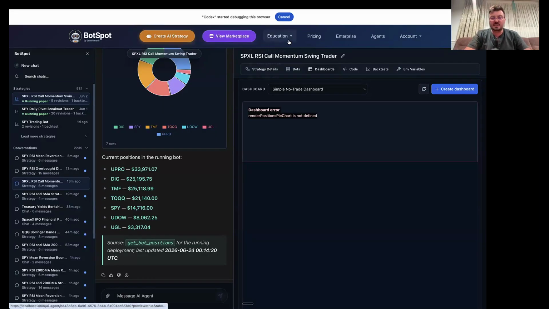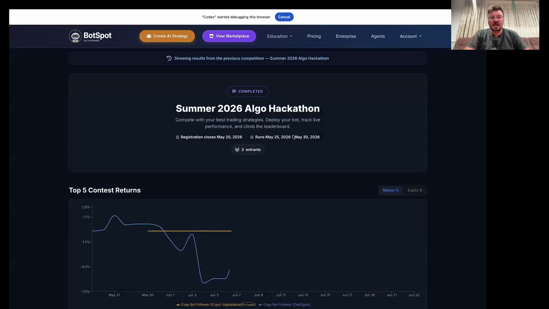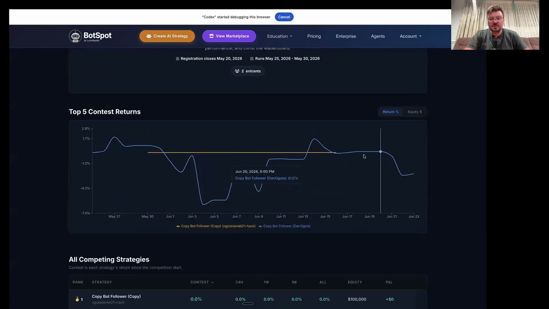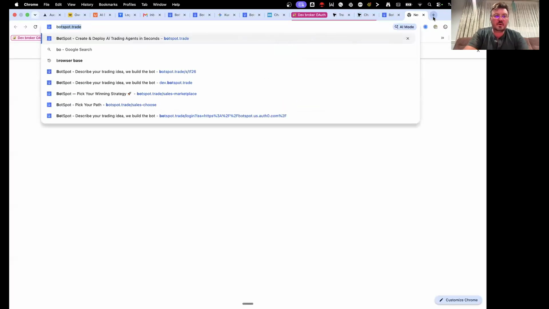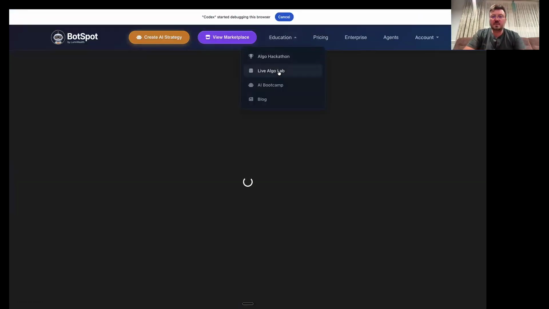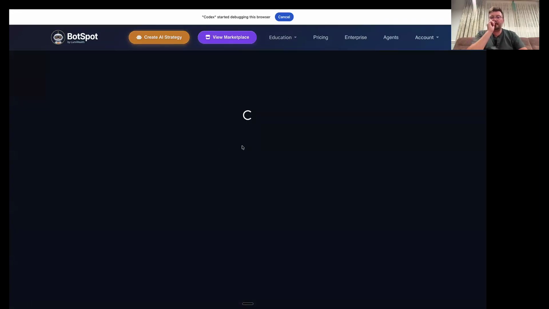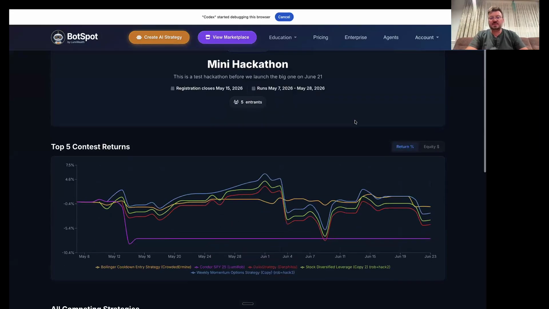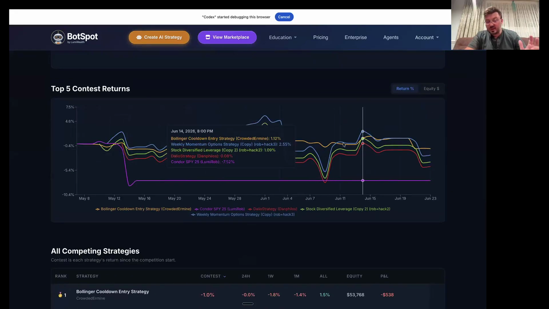And it's going to look kind of like this. Here's a preview of our hackathon. And this is one that's running in Blotspot. So it looks something like this, right? Here we did a mock hackathon, and these are all the different submissions that people had. So I submitted these two. Someone else submitted this one. They all lost money, which whatever.